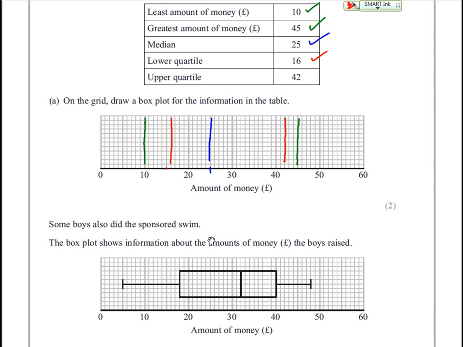Now to draw the box plot, you have to make the box in the middle and connect like that, and that gets you 2 marks. The setup for the box plot is always the same. It's the min, lower quartile, median,